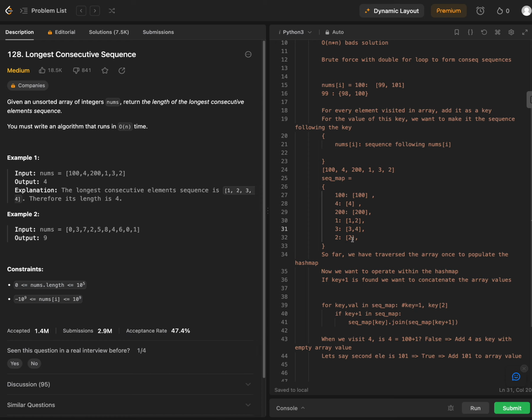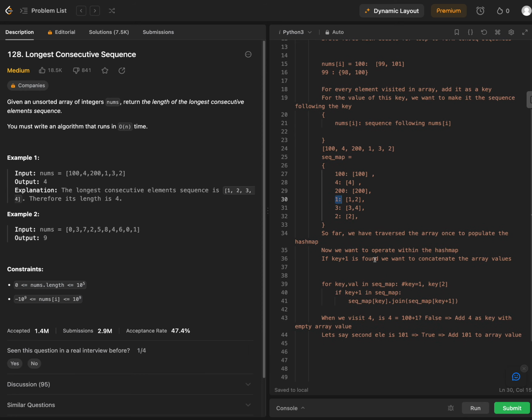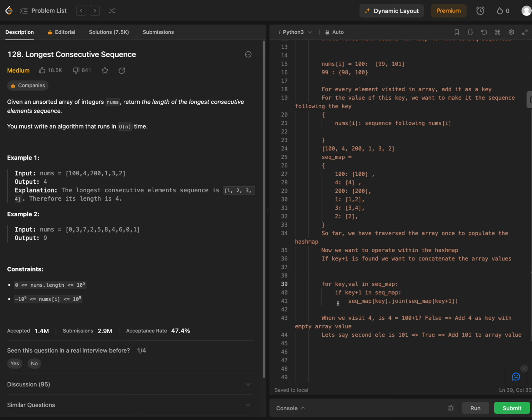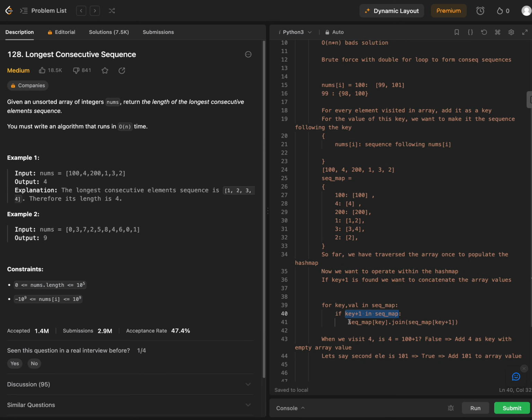And then we still don't have the best sequence here, because what we want ideally is to have 1, 2, 3, 4 here, right? This longest map here. And in this case, we need to have a recursive function. So let's just say, I think I know what, okay. If we have key 1, let's just remove this, right? If key plus 1 is in sequence map, what we want to do here again is to,